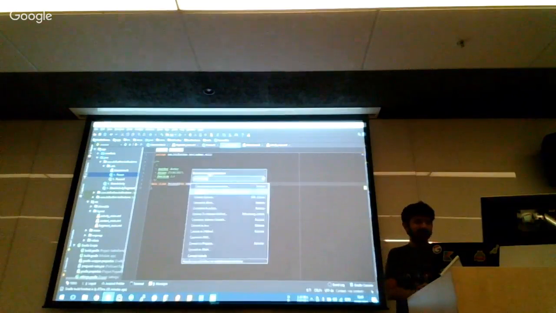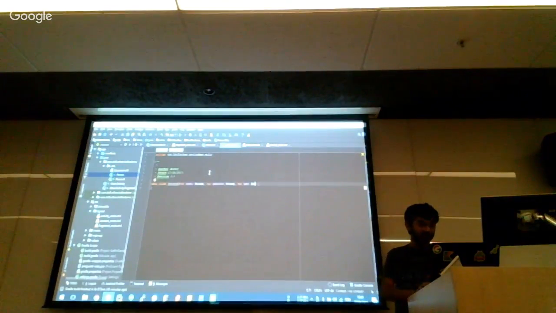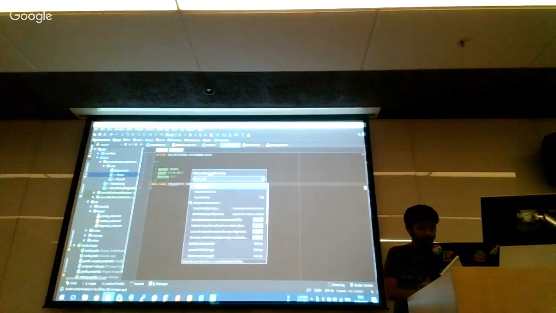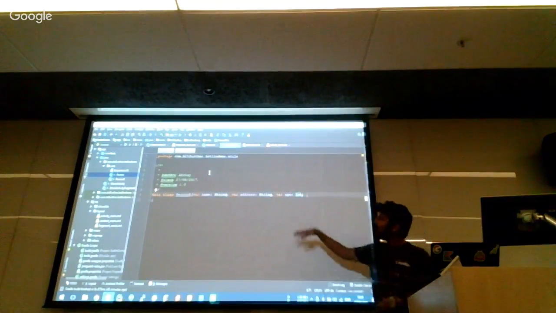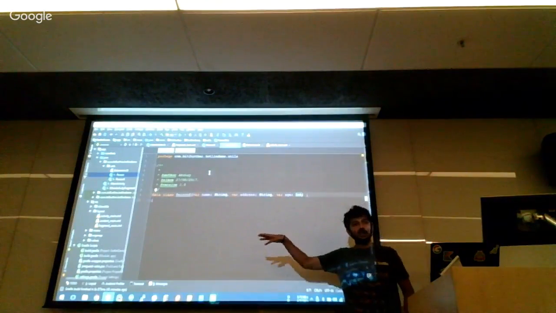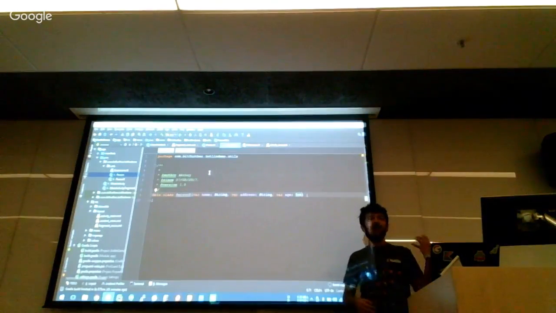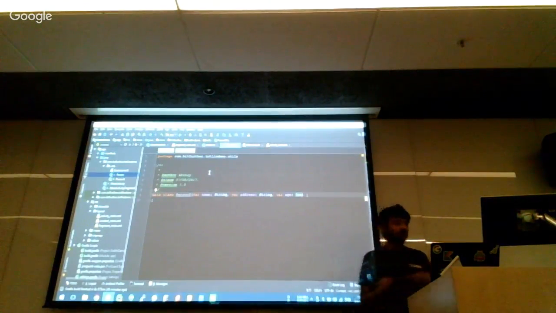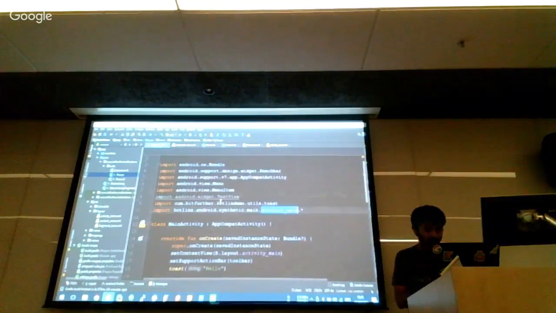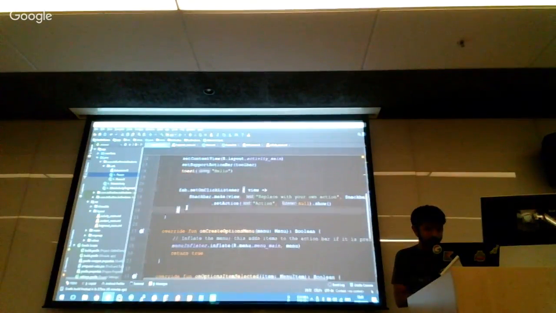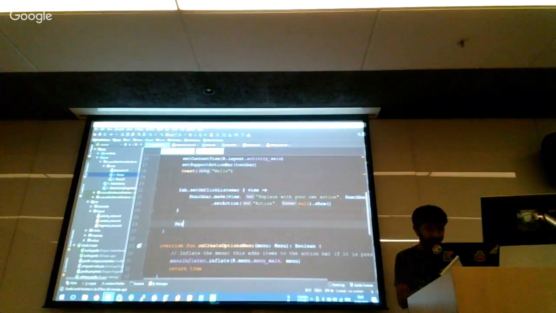For 86 lines of Java code, it's 1 line in Kotlin. So when you add a data keyword to any class, it automatically creates toString, equals, hashCode, and all the getters and setters for you. So if you try to access this in your Kotlin code,